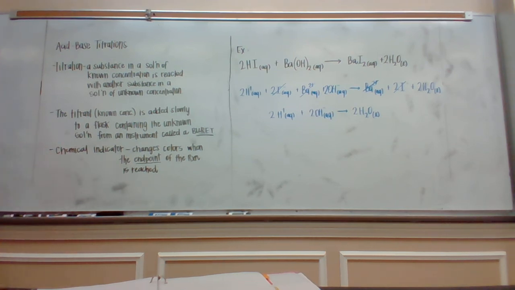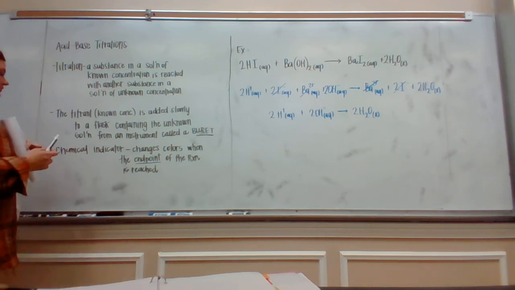So we use a chemical indicator. We put it in the flask. When that indicator changes colors, that tells me that I've reached the end point of the reaction. For an acid-base reaction,